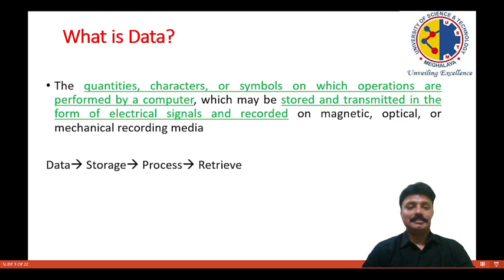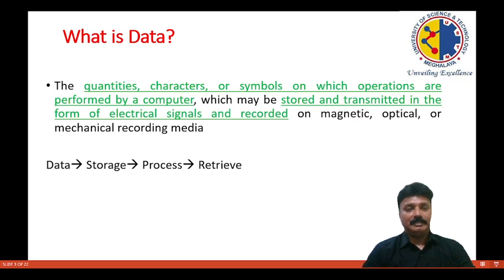The quantities, characters or symbols on which operations are performed by a computer. That is called data, which may be stored and transmitted in the form of electrical signals and recorded on magnetic, optical or mechanical recording media. So this is the